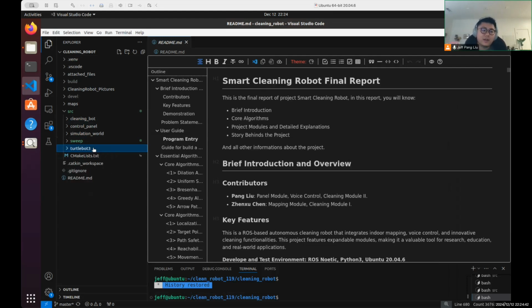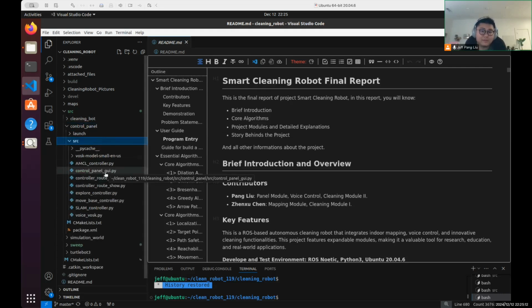And the TurtleBot 3 is that we build our own TurtleBot, and you can see we use this virtual machine that runs Ubuntu 20.04 and ROS Noetic, similar to the robotics lab, and I'm considering updating to ROS 2 to have the discourse. And next one is the control panel, which is very important here because